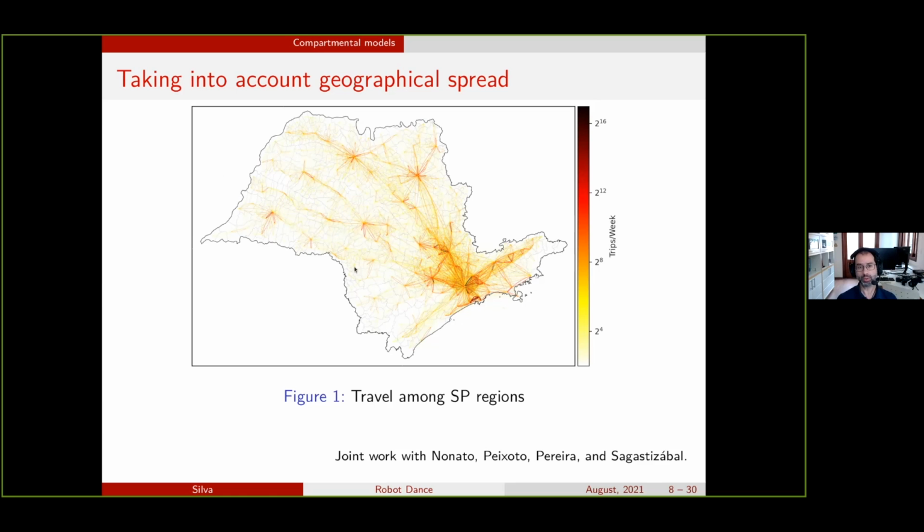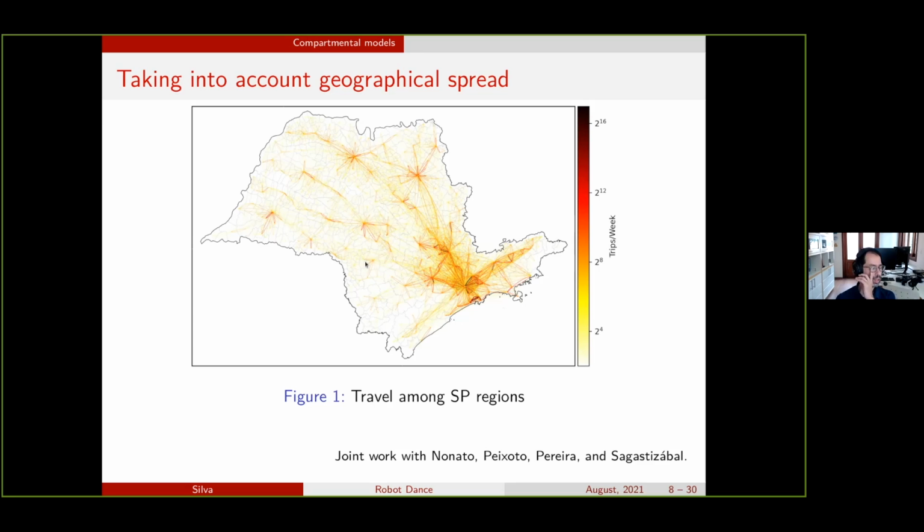And also, once you understand how many travels you have between all the places, you can model how the disease will spread. For example, someone from Campinas goes to São Paulo, stays there for a while, makes some contacts, gets sick and goes back to Campinas. Then you have one extra person sick in Campinas that will spread locally, because the person will stay in Campinas, for example, during the night or during the weekend.